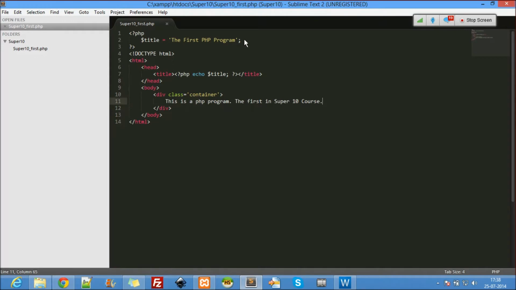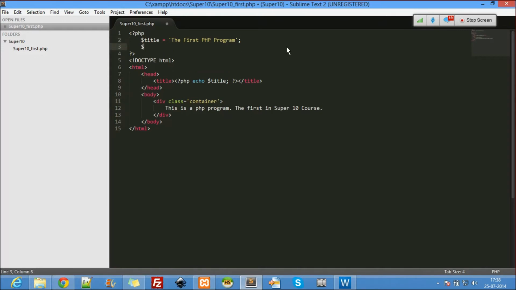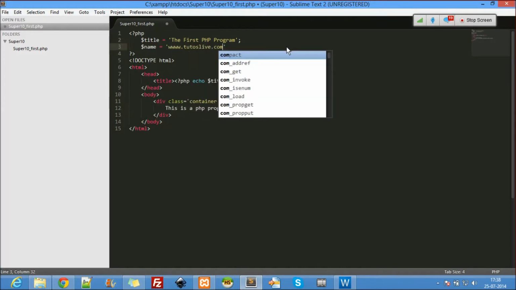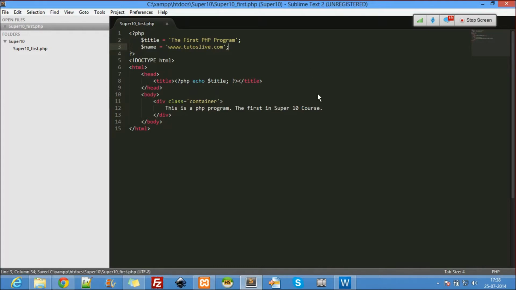So the first program, right? Here I'll say $name equal to www.tutorslive.com. This is a property of PHP code.